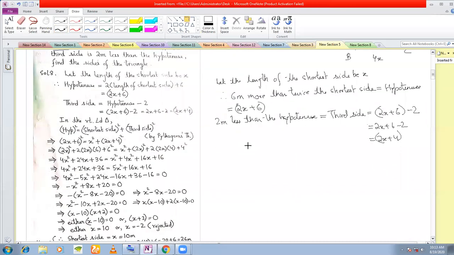So now let us see what the right angle triangle looks like. Our right angle triangle will look something like this. We have ABC with the right angle. The shortest side is this; we have taken this as x. The hypotenuse is 2x plus 6, and the third side is 2x plus 4. So according to Pythagoras theorem,